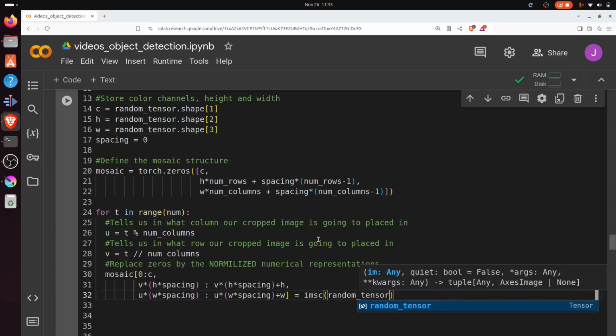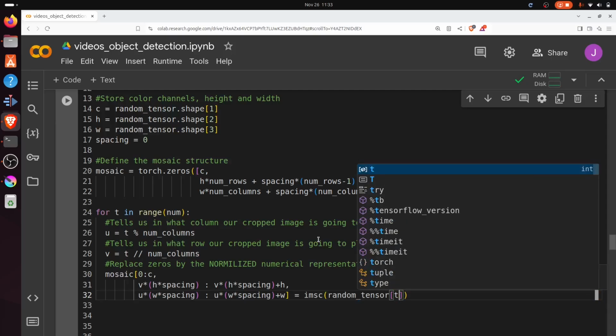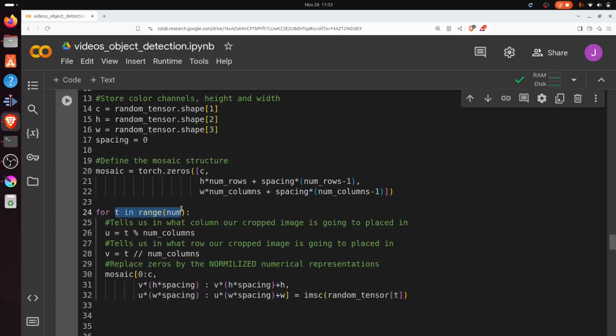Remember, because we are looping through the number of images, what this is saying is take the tensor that corresponds to the cropped image that we are looping through in that moment. Okay, so random tensor t,